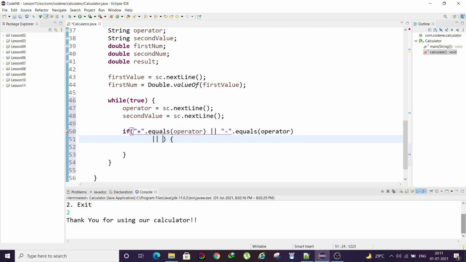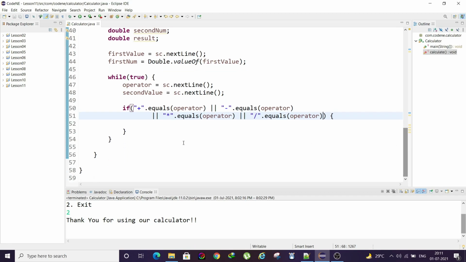Here there will be asterisk, and the last one will of course be the divide sign. Okay, so inside this we'll write our code, but before that let's write our else code.